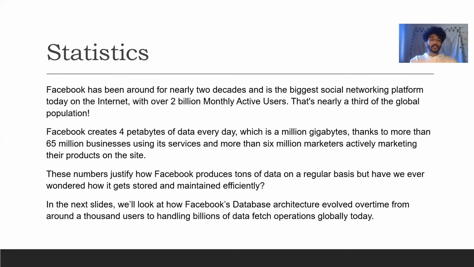So let's look at some statistics. Facebook creates 4 petabytes of data every day, which is a million gigabytes, thanks to more than 65 million businesses using its services and more than 6 million marketeers actively marketing their products on the site. These numbers justify how Facebook uses tons of data on a regular basis. But have we ever wondered how it gets stored and maintained efficiently? So in the next slides, we'll look at how Facebook data architecture evolved into handling billions of data fetch operations